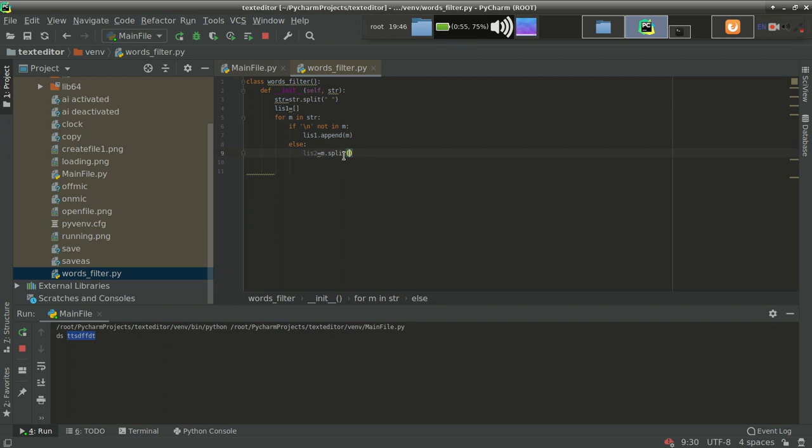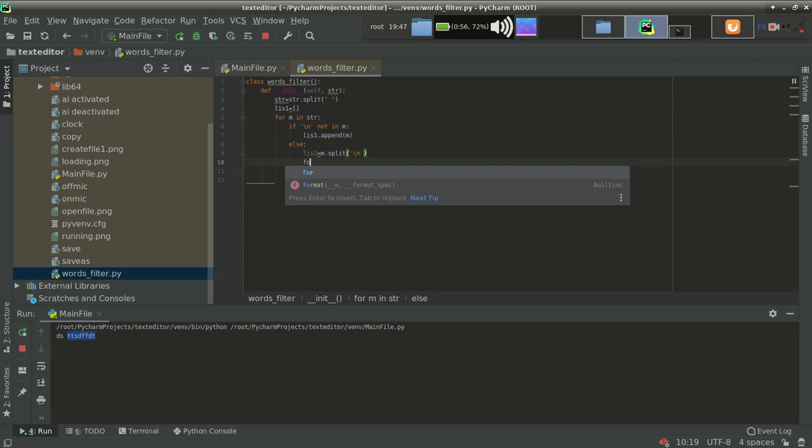So if a word contains backslash n just before or behind it, it will be filtered like this, removing backslash n. What I will get is a simple word. So here I have split the word.